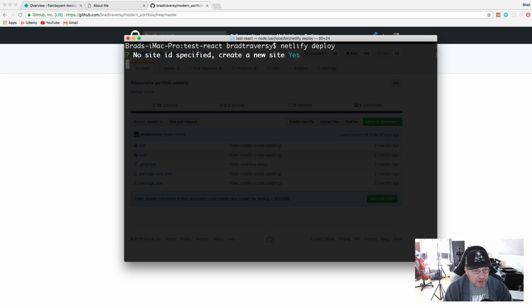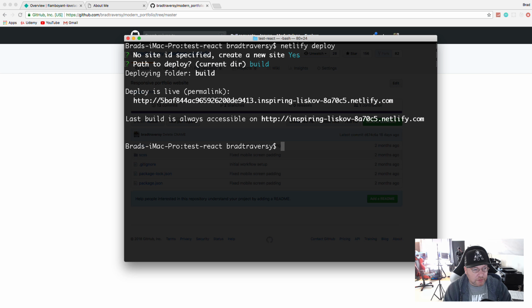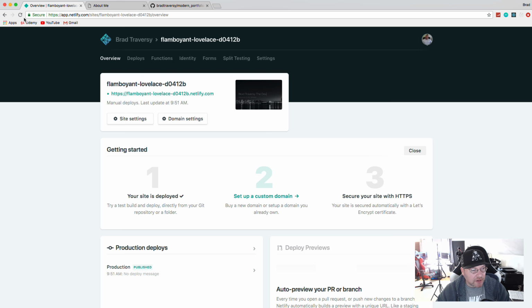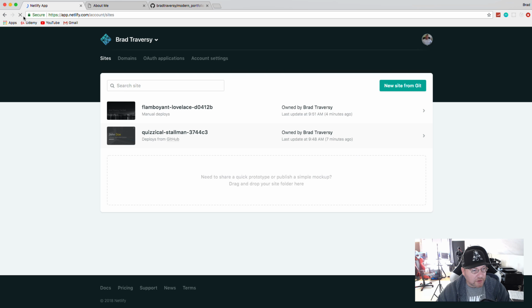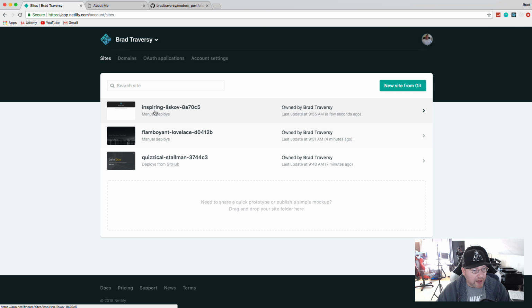So new site, yes. And then it's going to say path to deploy, and we want to make sure we do build, because that's our static website that's built from React, that's compiled. So we want to say build. All right, now it says deploy is live. Let's go back to our dashboard and reload, and now we have this,